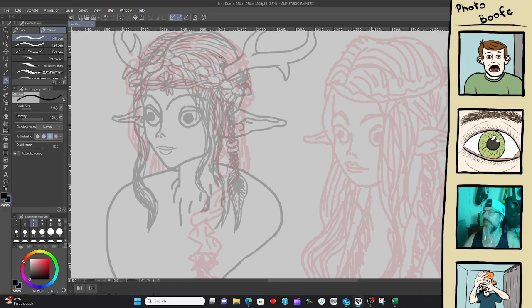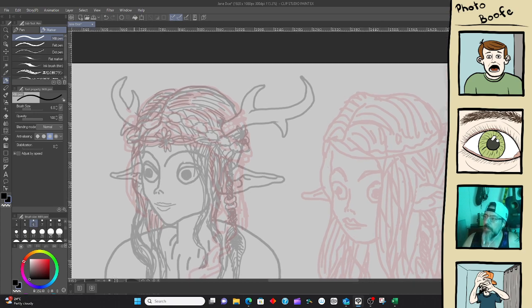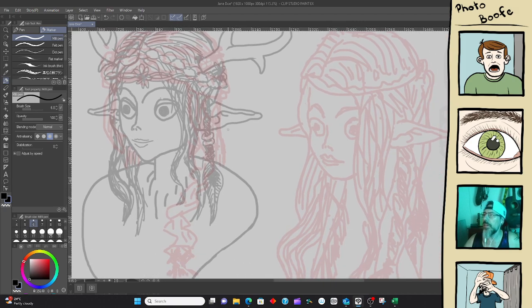It's twisting around. Again, just getting some basic shape happening. Go ahead and run straight hair down the back.